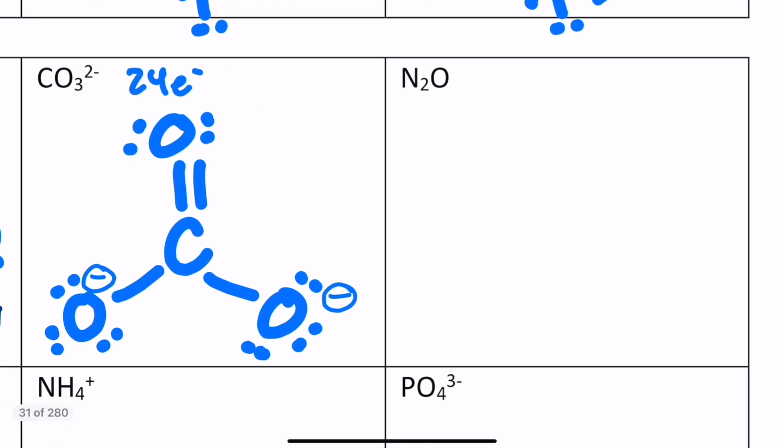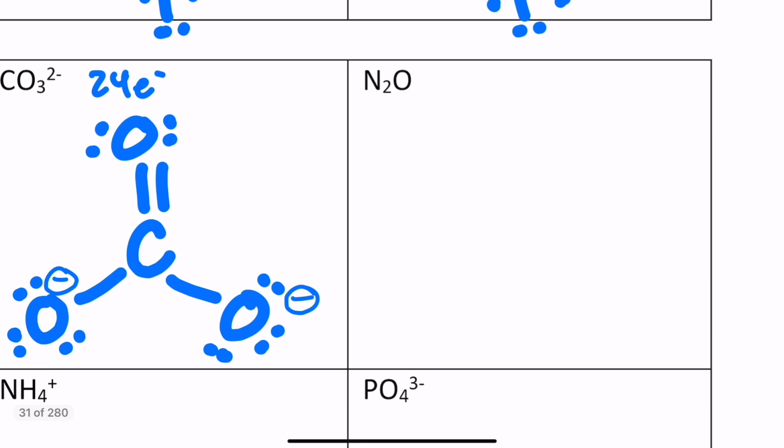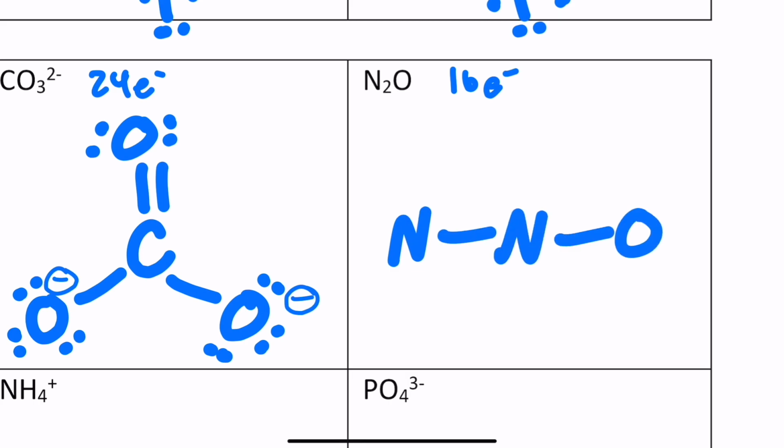The nitrous oxide molecule, N2O, has a valence of 16 electrons. That's a nitrogen connected to a nitrogen connected to an oxygen. And there's actually a couple of ways you could do this that are acceptable. You could put 2 double bonds, have 4 electrons on the left nitrogen, 4 dots on the oxygen, and then